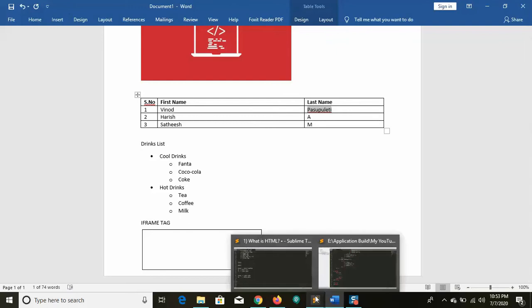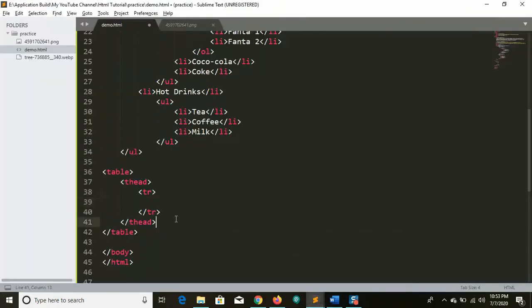If you are confused, we can do it in this way also. Let me remove this. If you are confused, we can do it in a very simple manner. Later we'll see about that scenario. Tr means it's a row, a single row.